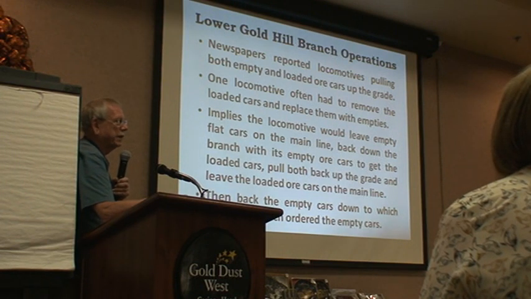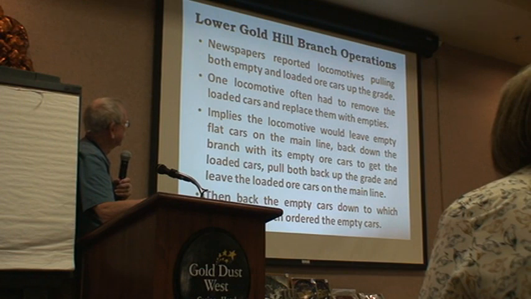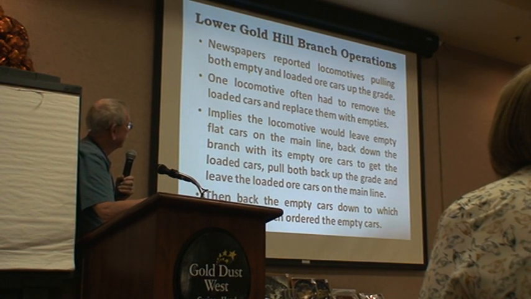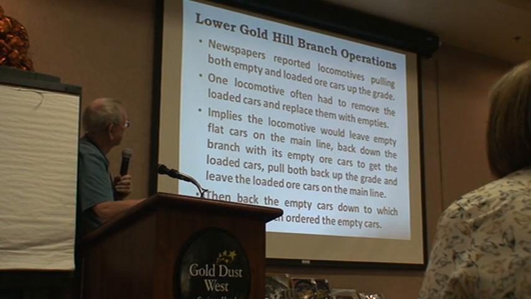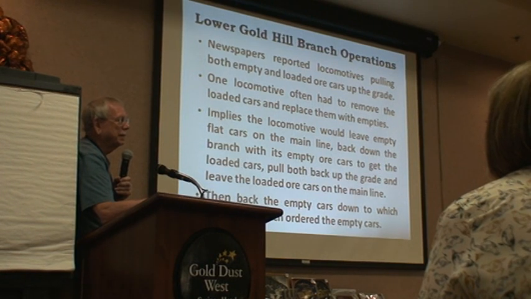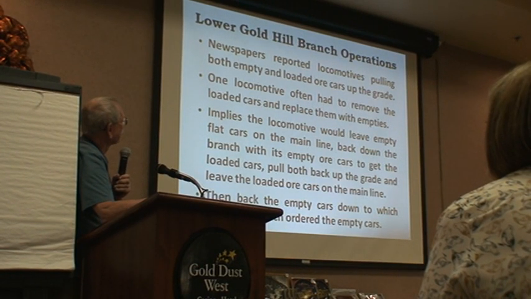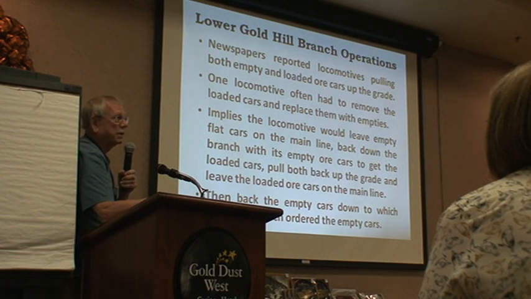I've always wondered how they got loaded ore cars out of the Crown Point, out of the lower Gold Hill grade, and empty ones down there. And the newspaper is full of accounts of locomotives pulling trains up that grade with both loaded and empty ore cars. And the answer obviously is that a train that got down to this point and had to pick up cars from the Crown Point via the branch would have to leave all of the cars it was taking down up there on the main line,